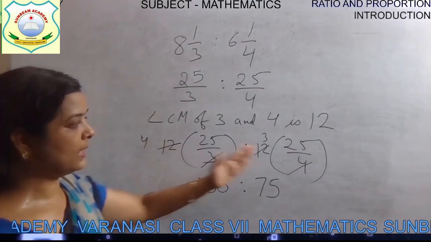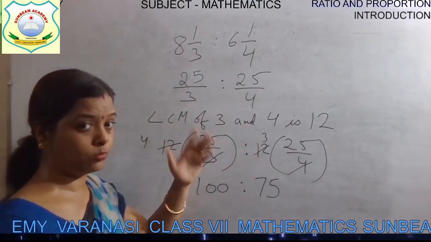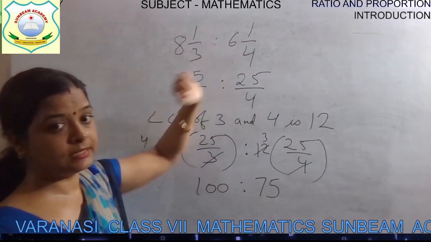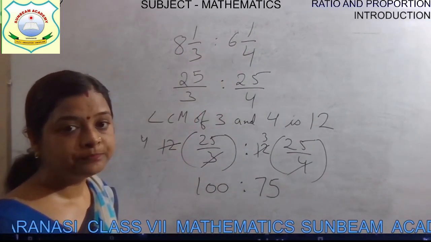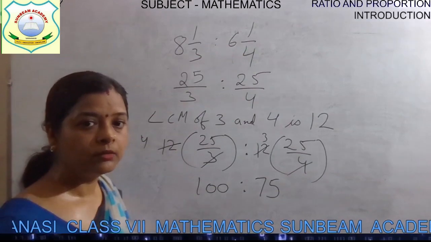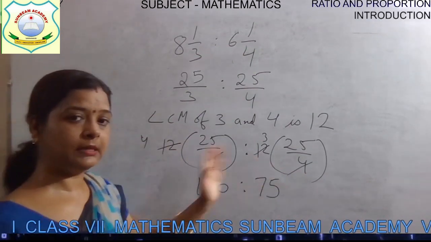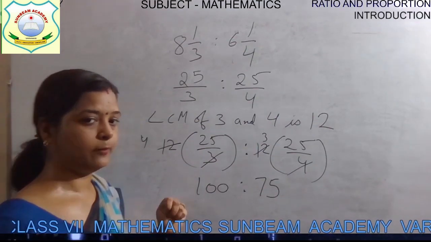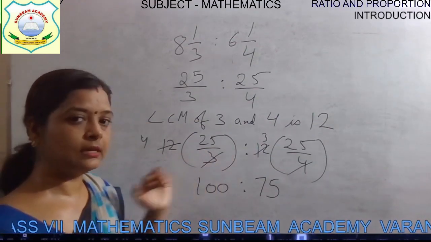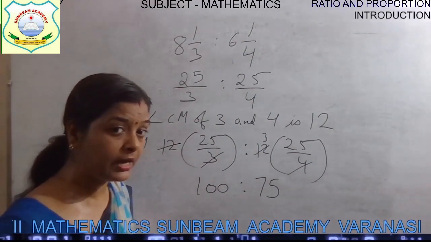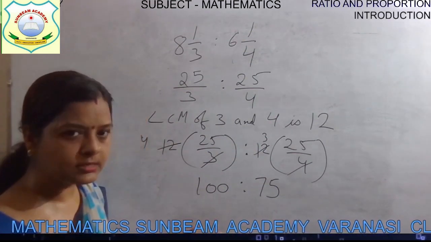Now multiplying both sides, not both sides, children, it is not the equation. Multiplying both the antecedent and the second one, what the second is called as consequent. So by multiplying both by 12, you can see that now there is no denominator. We have achieved something. We have simplified it. Now still it is not in simplest form.